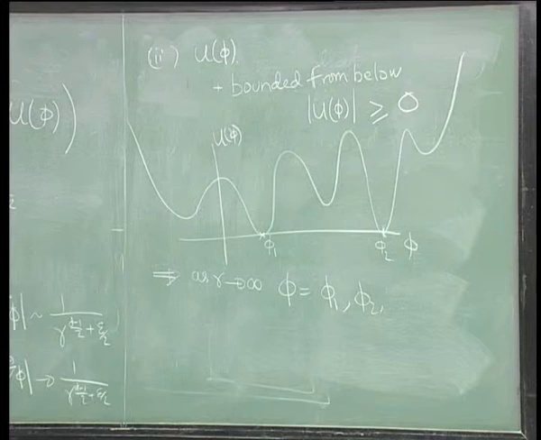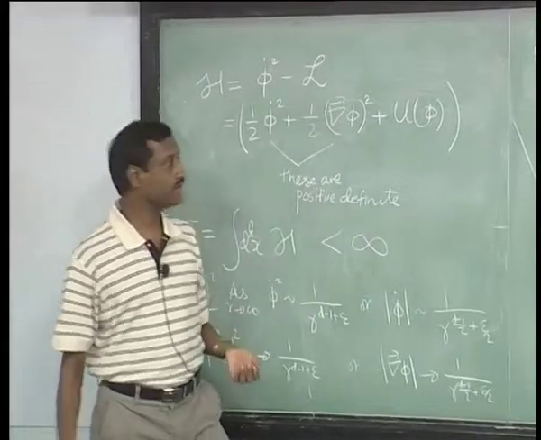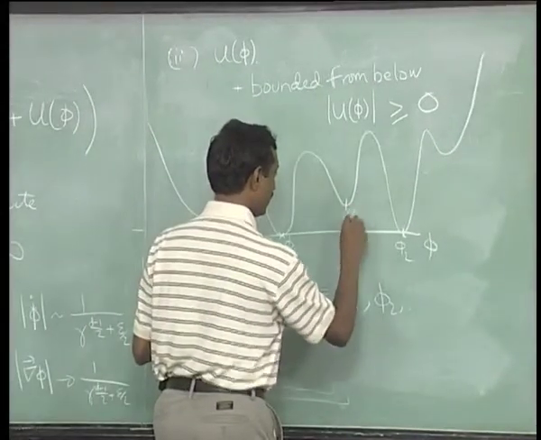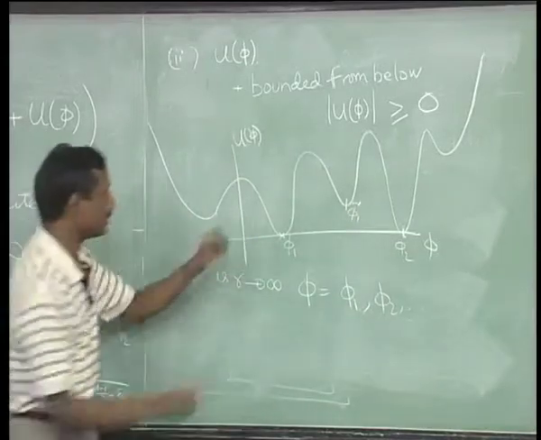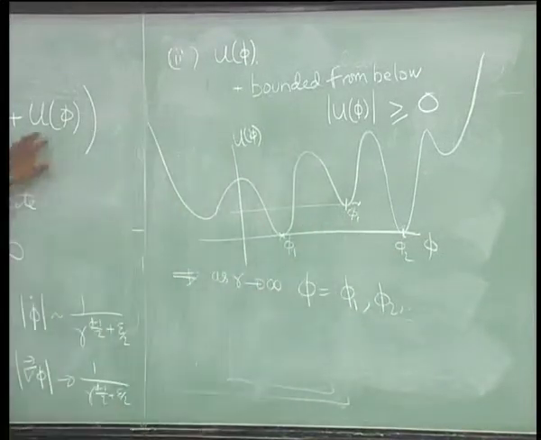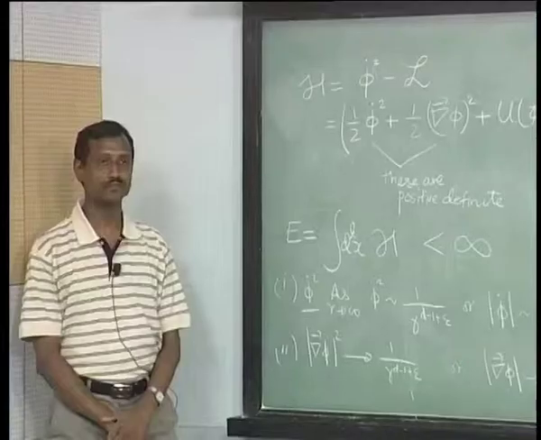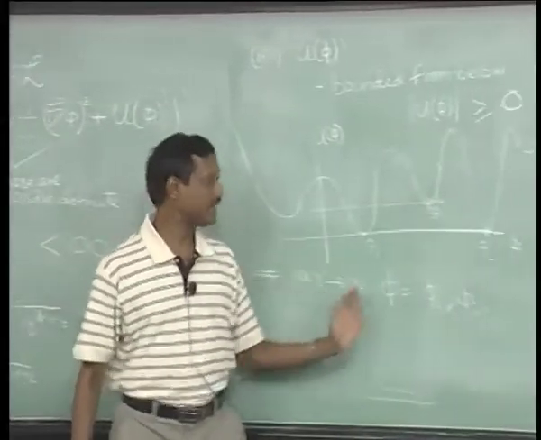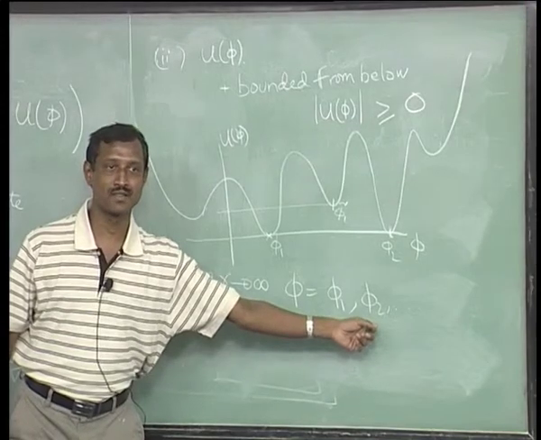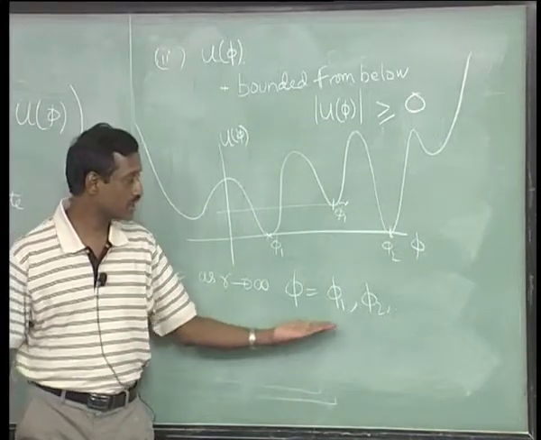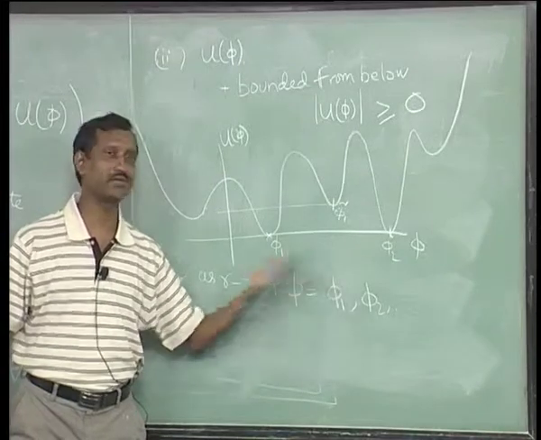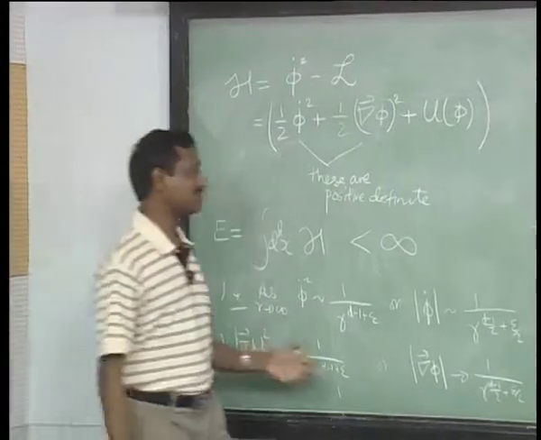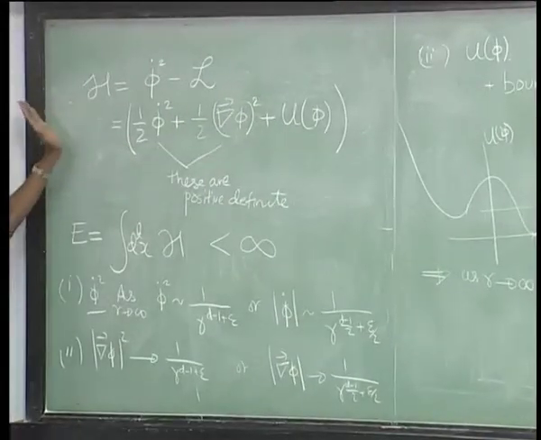If it did not, then this will start contributing some finite number. Even something like this, you may think fine, I can use this point, let us call this phi tilde 1, but if you put phi tilde 1, this is some finite constant, and that term will blow up. So whatever happens, it better reach one of its 0 values where it becomes 0. It is a necessary condition, okay. So this is just to ask the following question: when is this positive definite